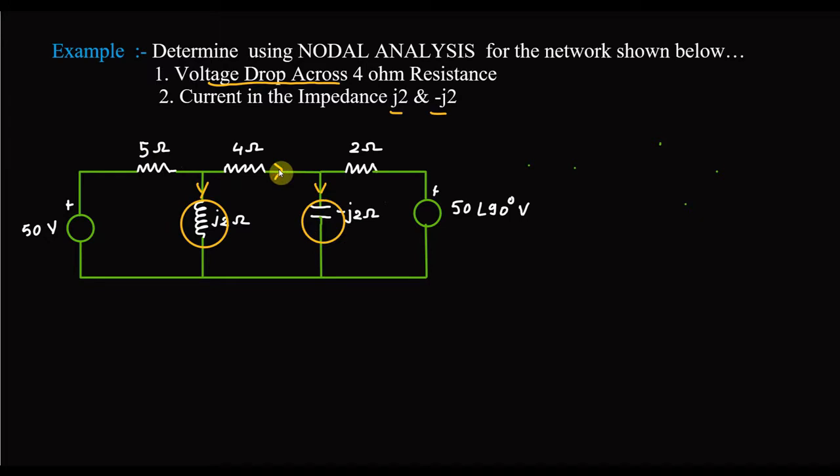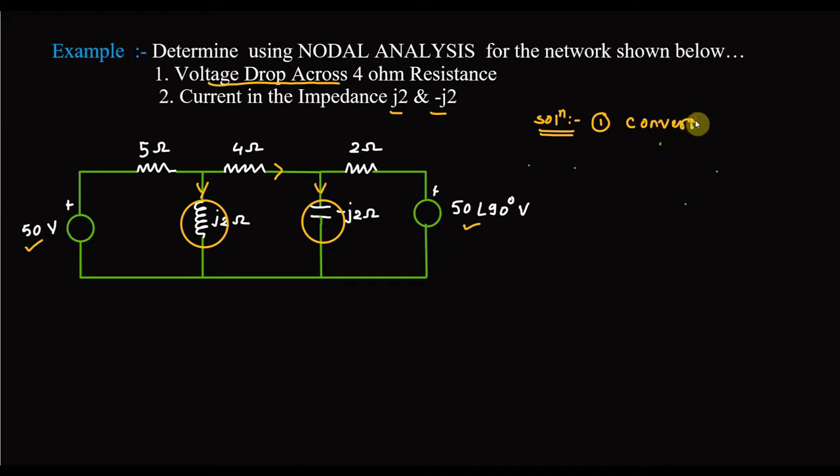Right. Okay. So in the solution, we have discussed that when there is a numerical of the nodal analysis, all the sources must be current sources. And if there is any voltage source, convert it into a current source. So here you can see that there are two voltage sources. One is of 50 volt, another is of 50 at an angle 90. So we will convert both these voltage sources into current sources. So what we will do in the first step,